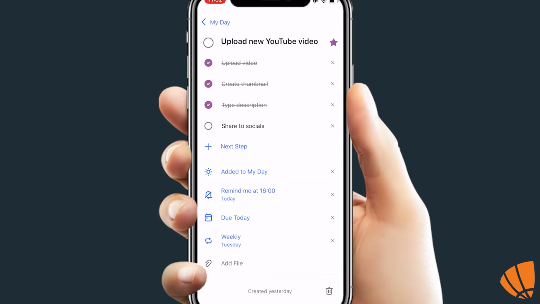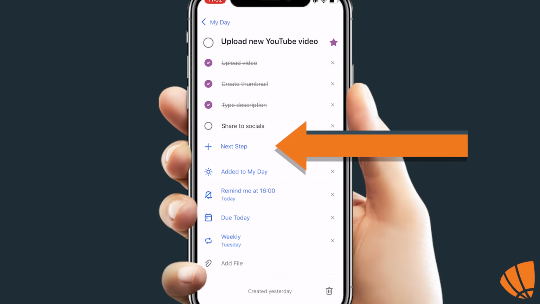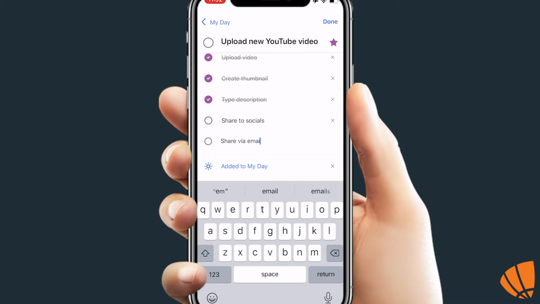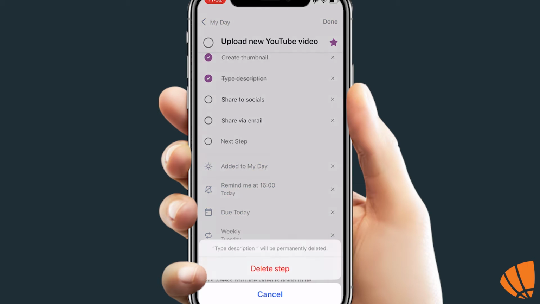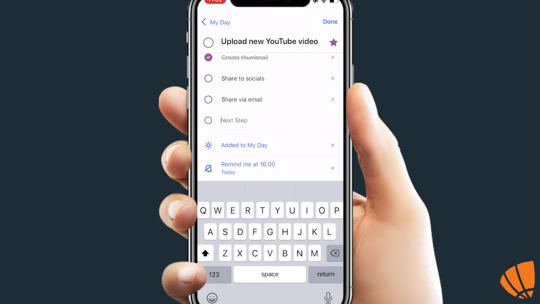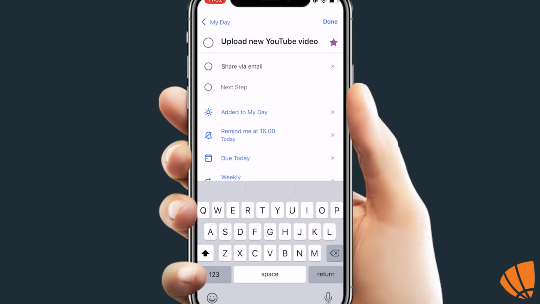As you can see, there's different steps that have to be done before this main task is complete. So to remind yourself, you can add these steps. Just select next step, type it out, and click enter, and now that step is there. You can delete steps by clicking on the cross menu, delete step. To check off a step, simply click the button and that'll cross it out, and that will give you a